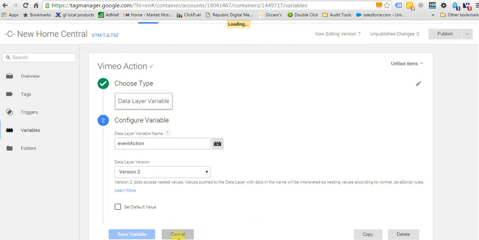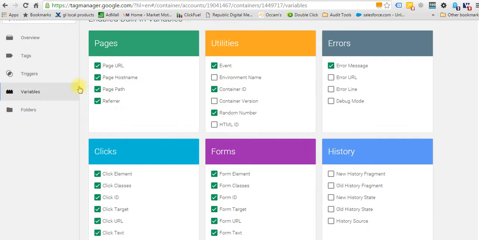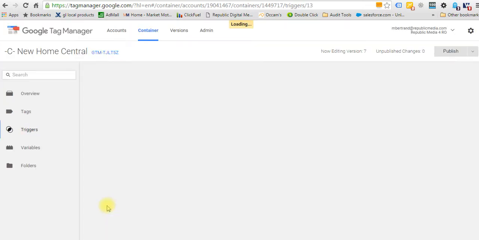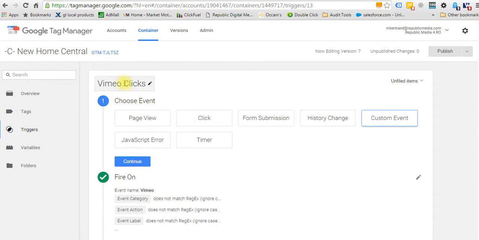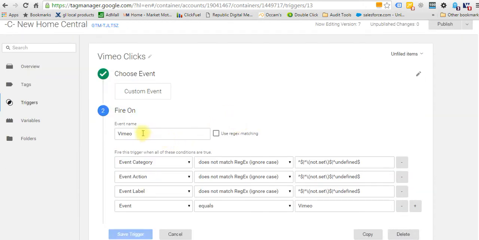So we define each of those custom variables within Tag Manager, and then we have to define the trigger. The trigger for the Vimeo clicks says if this happens on a page, we want to track it. There are these different types of events. You can have page views, clicks, form submits, history, custom events, and so on. JavaScript, timers, and if you want a real, true bounce rate, we'd use a timer event. And then we have to tell it when to fire, and so we're going to call those variables that we defined in the